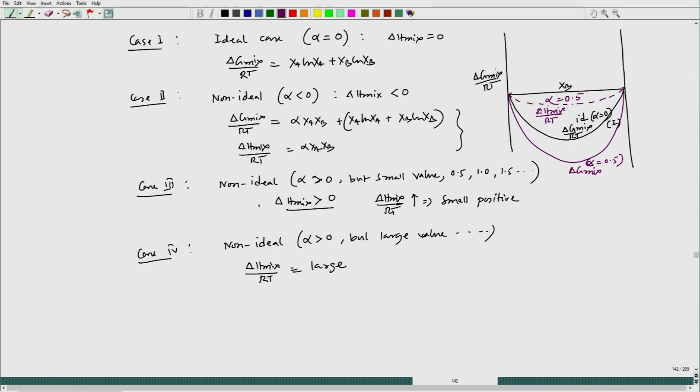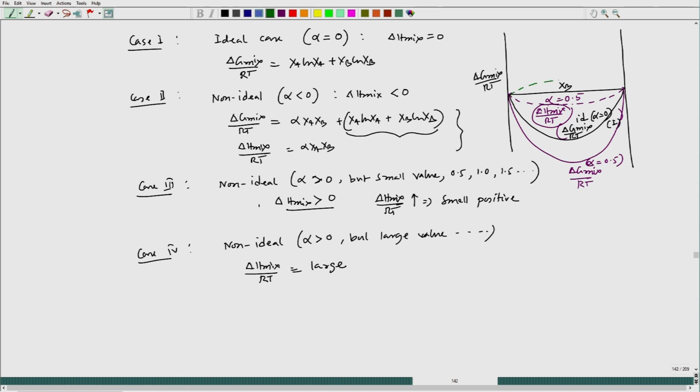If we add this quantity with this quantity, then delta G mix by R T will further go down from ideal, because this part is the same whatever alpha we take. So it will further go down, but when we talk about the third case, where alpha is positive,